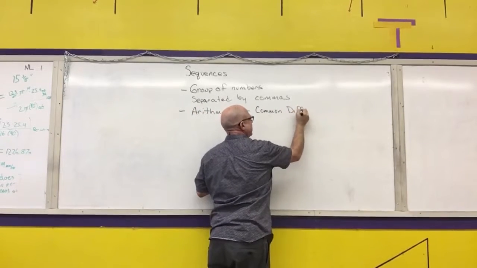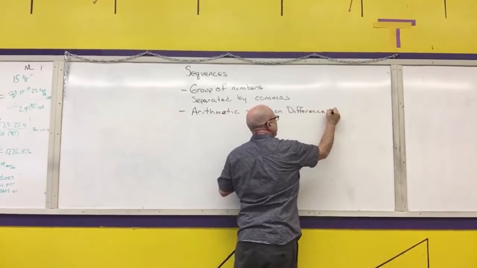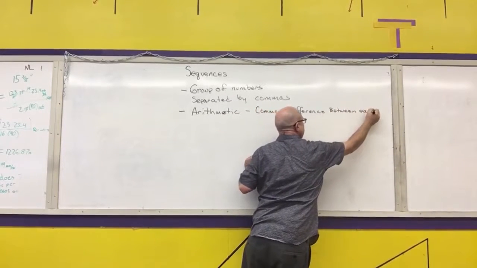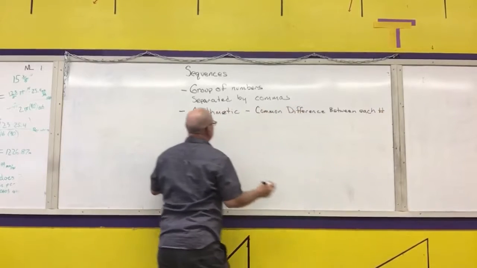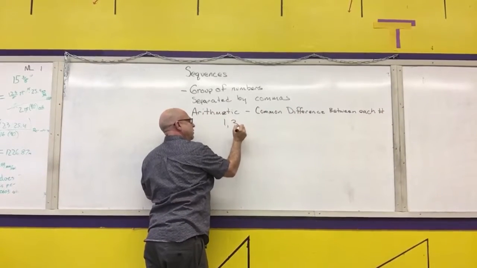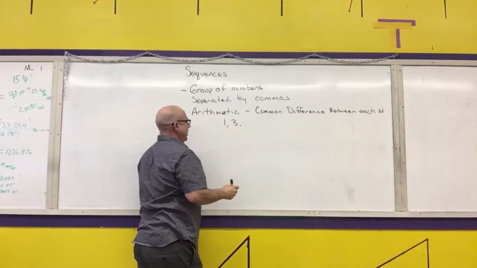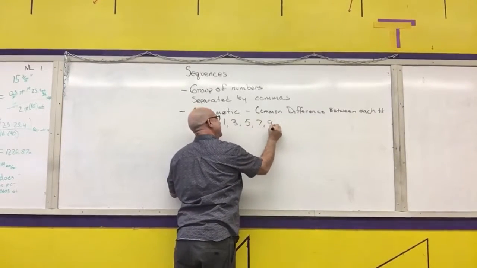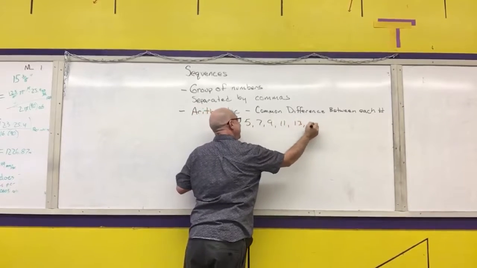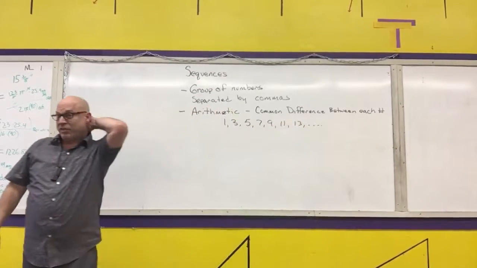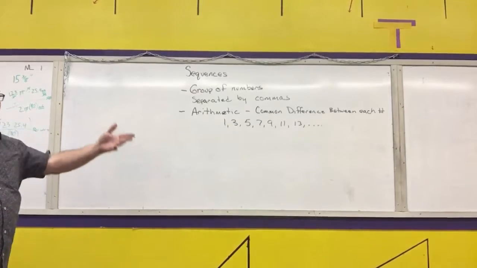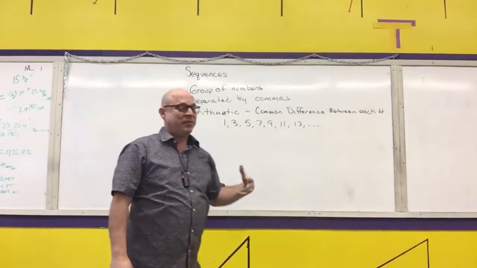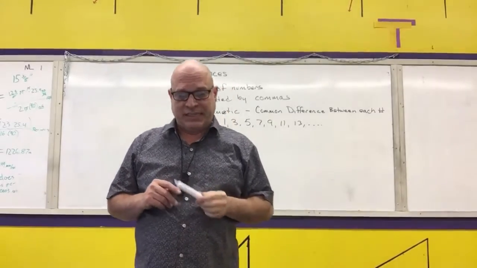Okay, but so if it's an arithmetic sequence, there is a common difference between each number. Like 3, 6, 9, 8. No, not 3, 6, 9, 8. 3, 6, 9, 12, yes. So that would be an arithmetic sequence, 3, 6, 9, 12. And then 1, 3, 5, 7, 9, 11, 13. So an arithmetic sequence